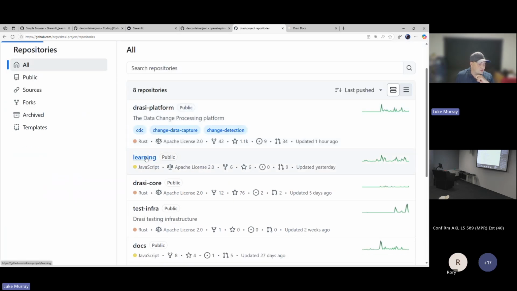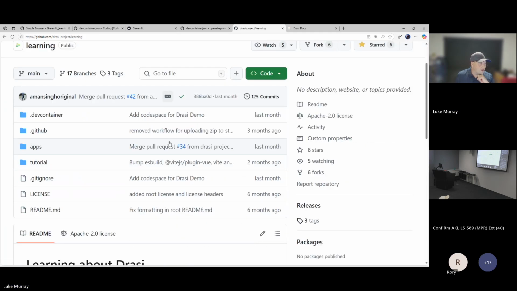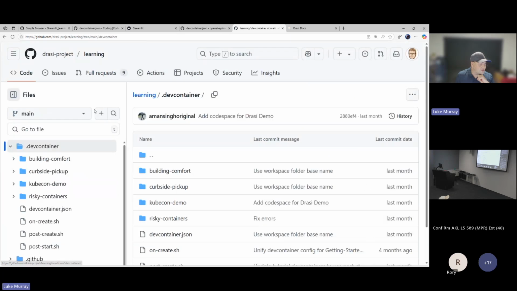So if you click on learning, for example, you can see here that there's a couple of different dev container configurations. One is building comfort, curbside pickup. This is a KubeCon demo. They did risky containers. And